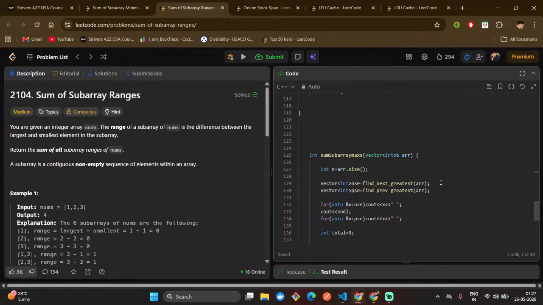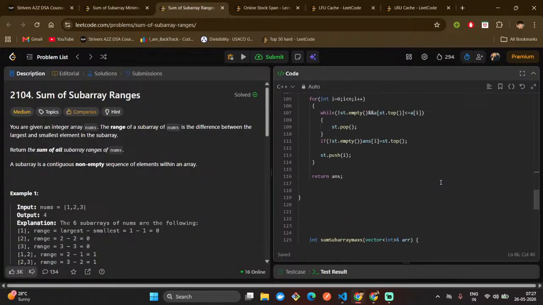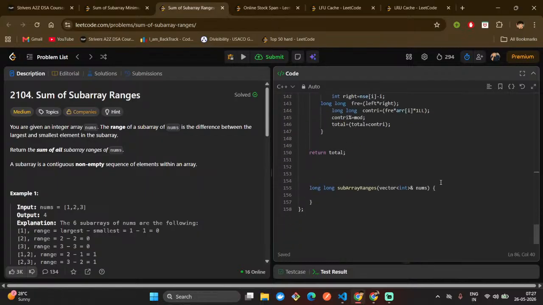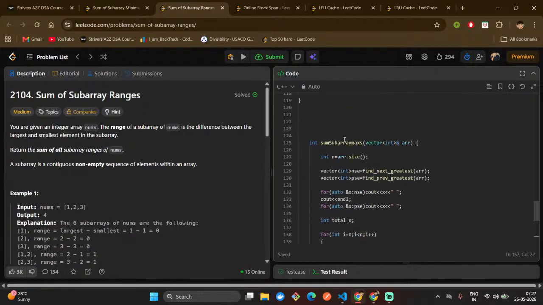Not the final version. At the final version, what you have to do? Just you have to do long long max is equal to sub max of, you have to call